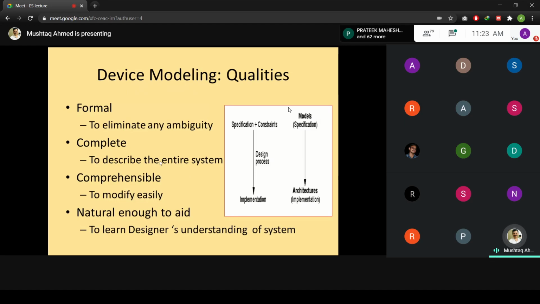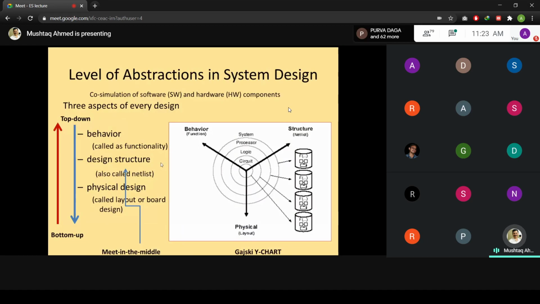ओके, सो नाउ ये एक बहुत इंपॉर्टेंट चीज इसमें आती है कि what are those different levels of abstraction in the design. तो इसमें बेसिकली 3 लेवल ऑफ एब्स्ट्रैक्शन रहते हैं, and you can easily see that there are 2 ways of representing any device modeling. One is a bottom-up approach and another is a top-down approach. So the simplified way is the top-down approach, where the behavior of the system can be easily explained, or